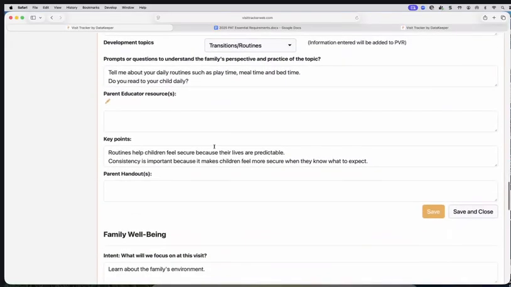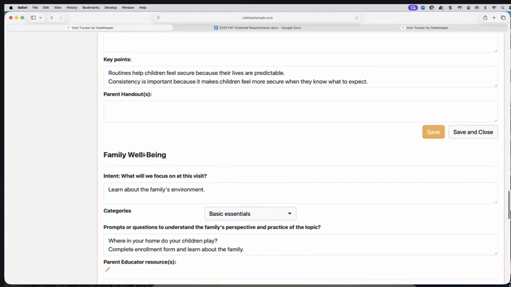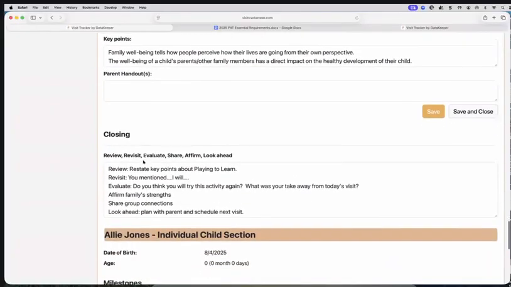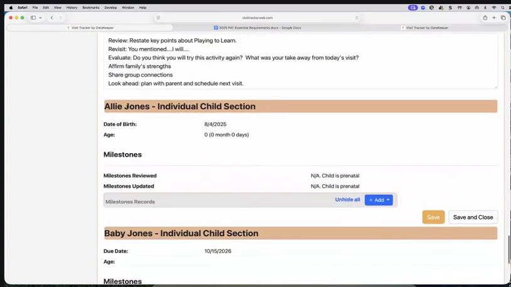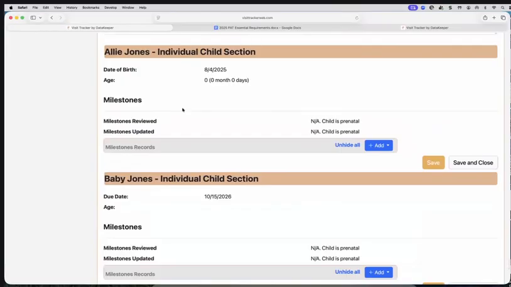Key points, handouts. Family well-being section, you can fill that one out. And then you have your closing. At the very bottom, we have our